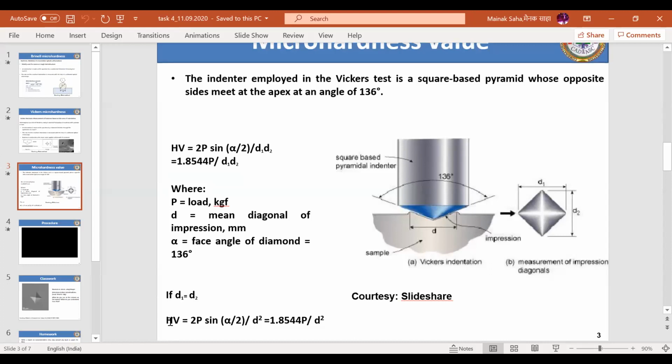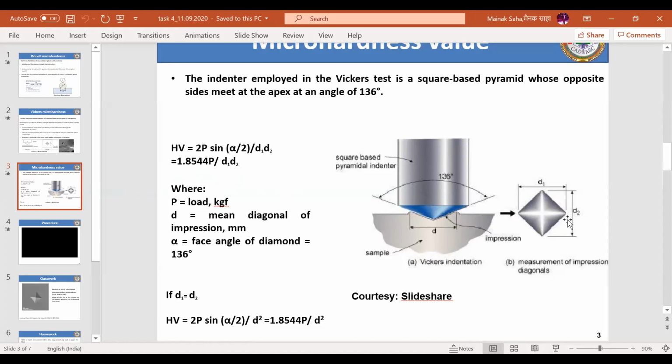The other thing is, you can measure the hardness as HV is equal to 2P sine alpha by 2, the total thing divided by d squared. Okay. What is d? I'm making a simple assumption, but generally this is a diagonal length D1, and the second diagonal length is D2. So if you put this alpha as 136 degrees, it is 2P sine 68 degrees divided by D1 D2.